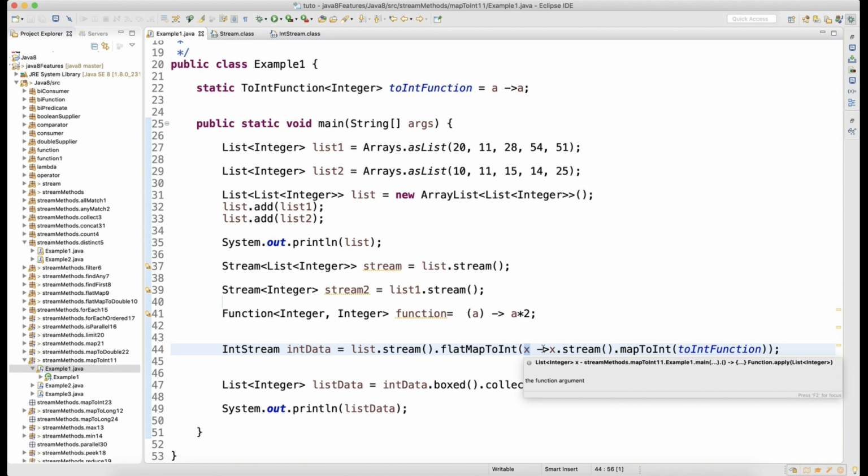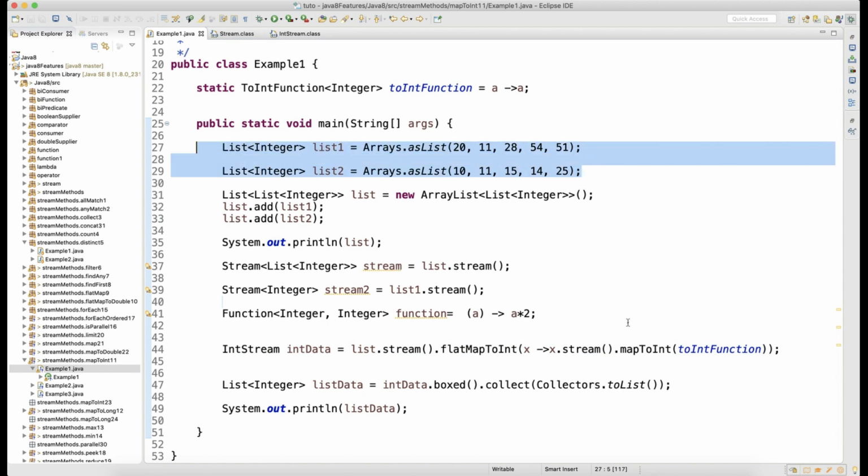So x from that list of integers converts into a stream, and then there is a method called mapToInt. The mapToInt, basically what it will do, it will map your data into an integer. So whatever your stream, here you have a stream of objects, right?